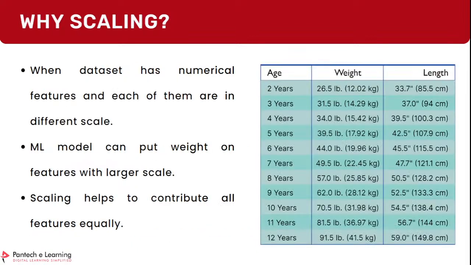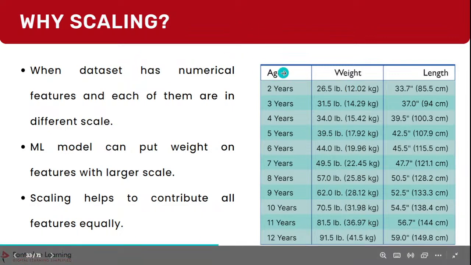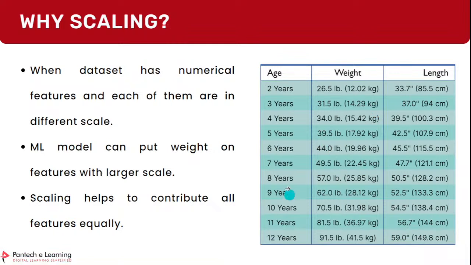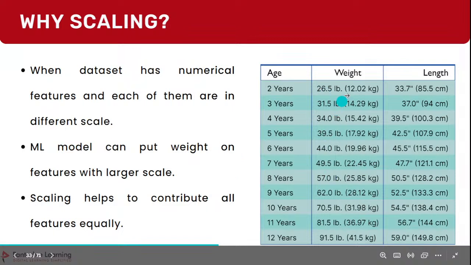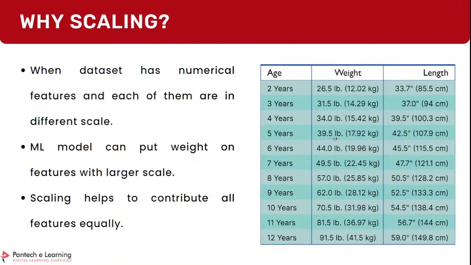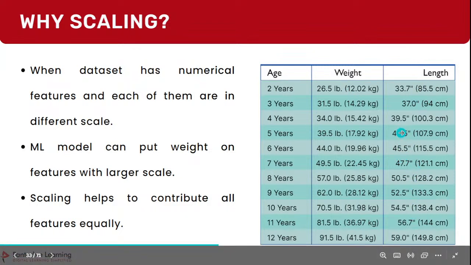model. The reason behind this, understand why we need to perform scaling is, if I have three columns, first one is age column, next is weight, next is length, and I could see that this age is actually a 1-digit value, and this weight is actually 2-digit value, and this length is mostly from 2 to 3-digit values, right? So when you pass it to your algorithm, your model or algorithm in machine learning can put more bias or weight towards the highest digits because of its capacity and size. It may consider length as important and provide more bias here, which we shouldn't be having. We shouldn't have such things.